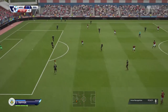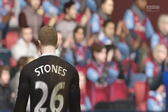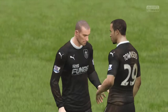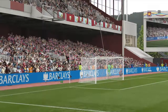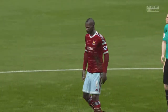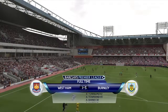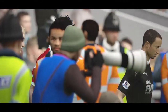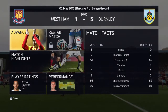Stones. Trippier. Full-time whistle. Burnley have won and won well and have kept up with the pace. And Chelsea at the top of the Premier League. The gap will still be 1 point because of Chelsea's performance against Crystal Palace. But my goodness, 5 stars. 2 for Townsend, 2 for Barnes, 1 for Jutkiewicz. And they finish with an absolute flourish. By final score